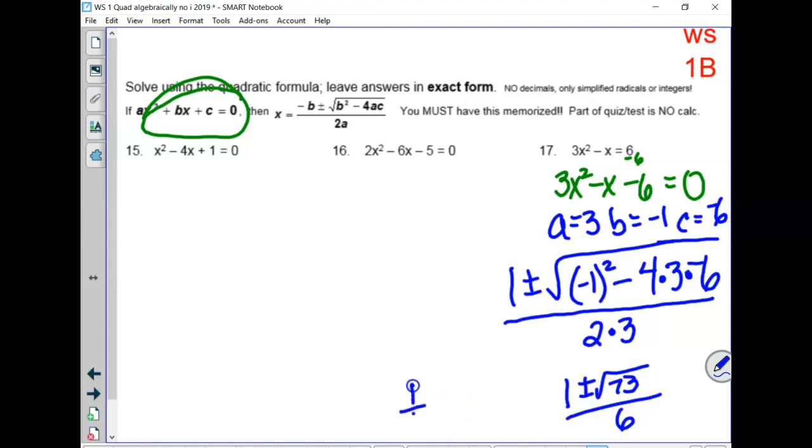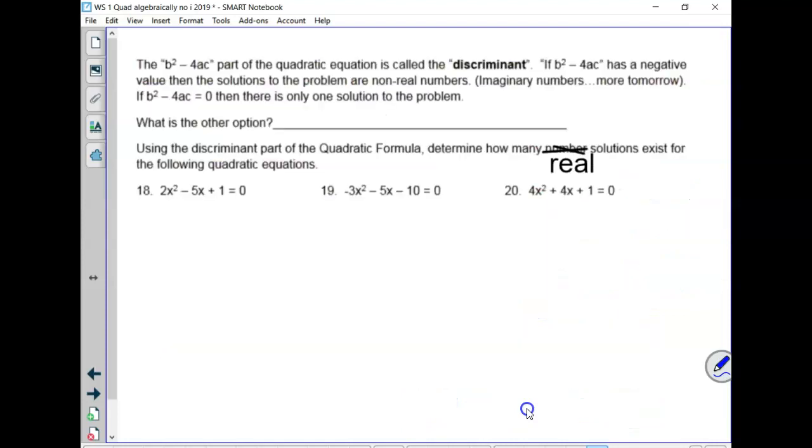You could separate it and rewrite it, but I don't think anything else. 73 is not divisible by anything. Okay? Everybody all right? All right, the discriminant is what we use to predict